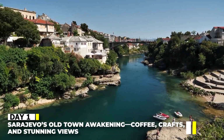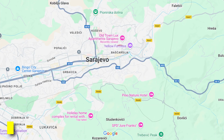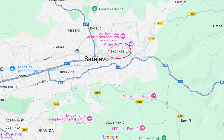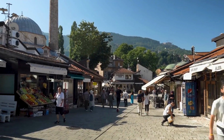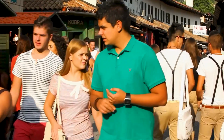Day 1, Sarajevo's Old Town Awakening: coffee, crafts, and stunning views. We're starting early in Sarajevo's historic heart, Baščaršija, to catch the city coming to life before the crowds roll in. As sunlight filters through the narrow streets, you'll hear the gentle clatter of copper cups and conversations spilling from small